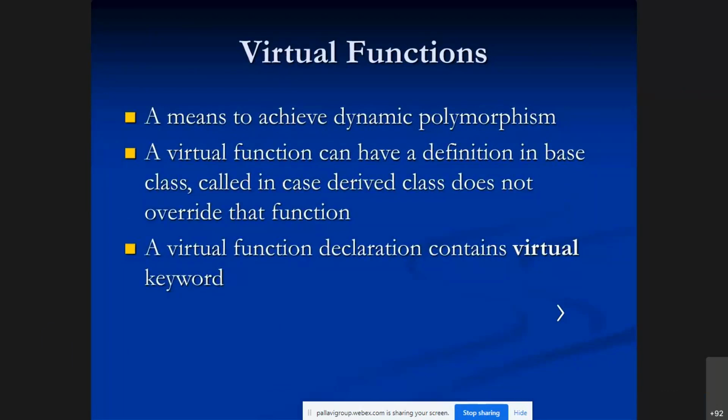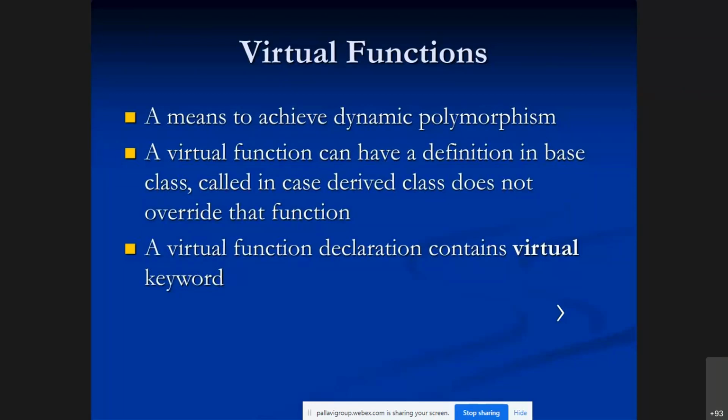A virtual function can have a definition in the base class. For example, you are going to override one function, display. That display function you are going to make virtual. By using the virtual keyword you add your general definition.